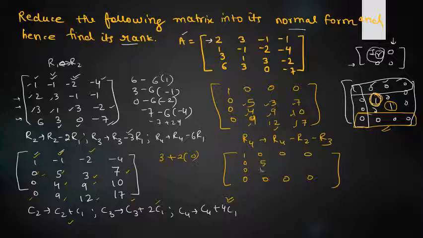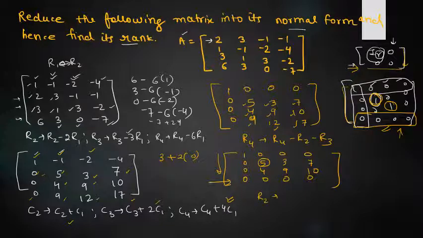Then 5, 4, 3, 9, 7, 10. Correct? Now, next part would be you have to make this 1, right? Because our part was to make all the elements in the last row and last column 0. So we have made last row 0. We have made first row accordingly, right? Now, let's move on as per this part. So make this as 1. How you can do so?